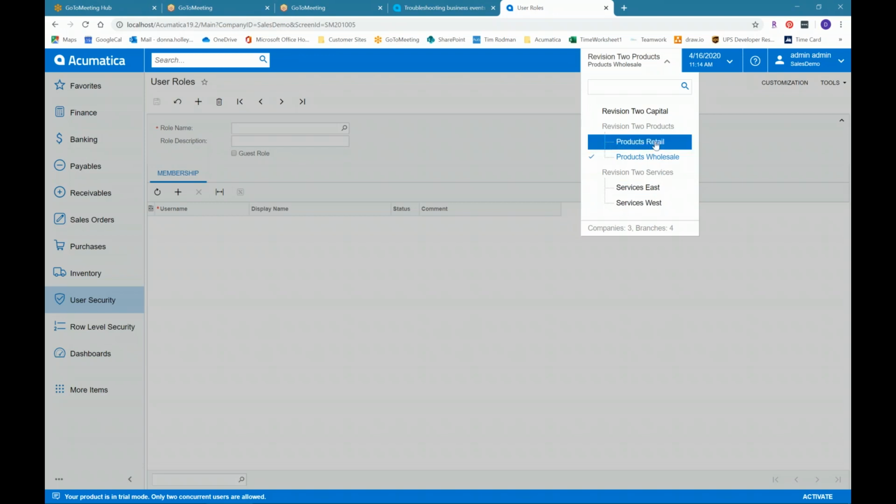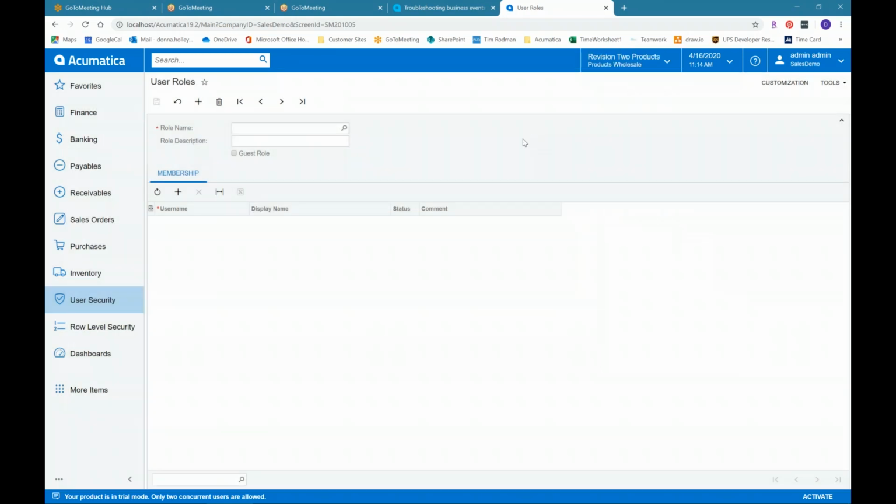And you may not want all employees who have access to the system to see all the companies that you have. They may have no need whatsoever to see what's going on in those other companies. And the way that you do that is still within the user security settings,